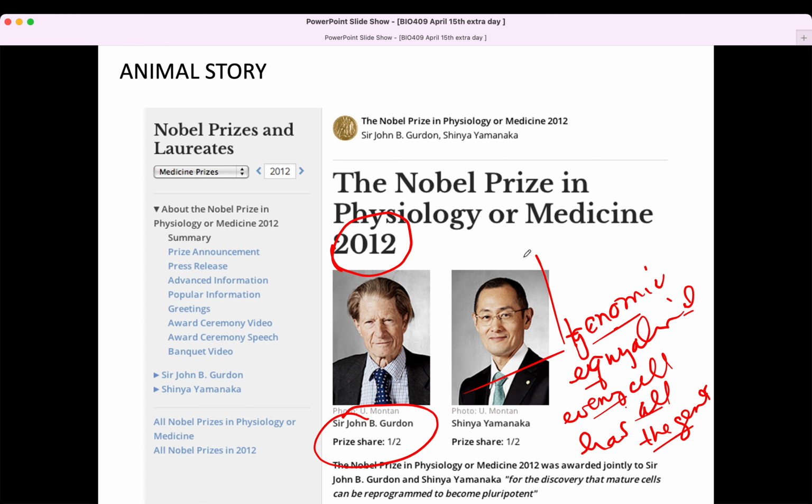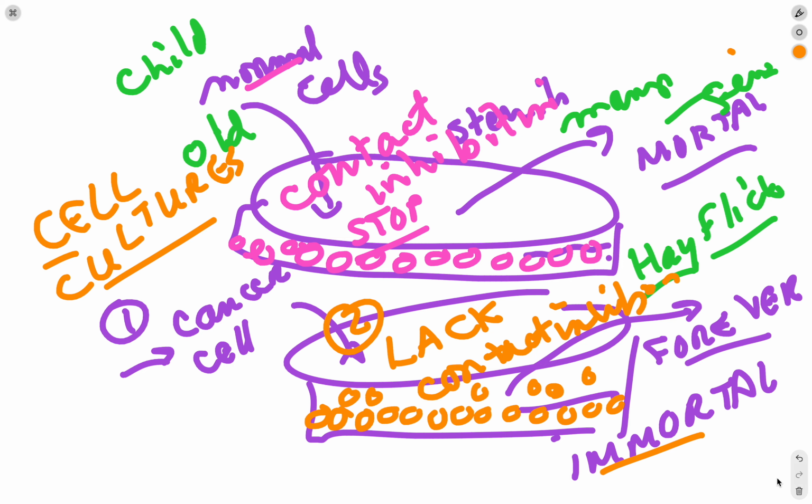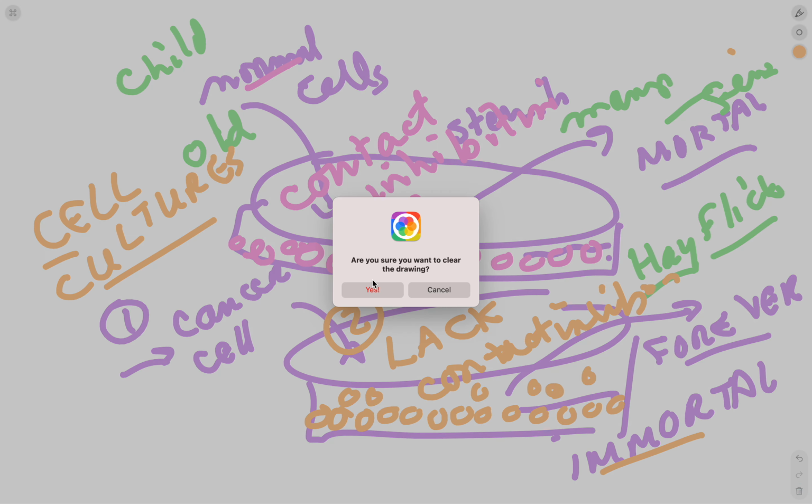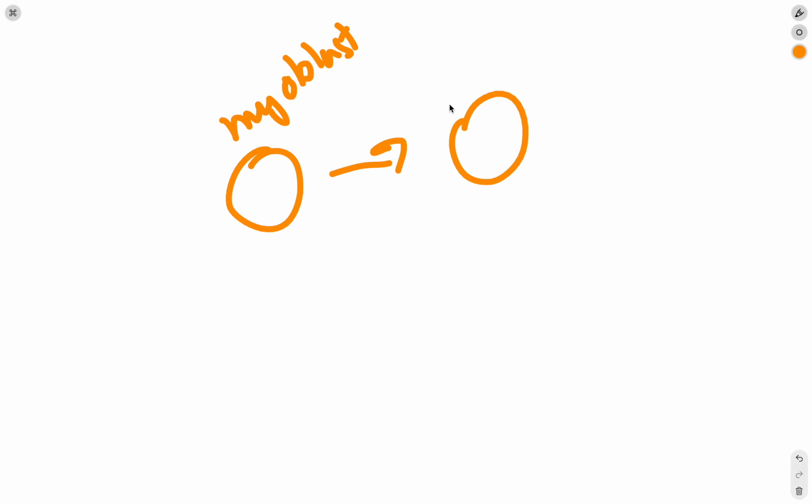Okay, and then we've talked a little bit about this scientist's work in our course. This scientist's work was all done from 2006 to 2012, and then after that, but his Nobel Prize work was done then. And what his idea was this: when we talk about a myoblast differentiated to a muscle,